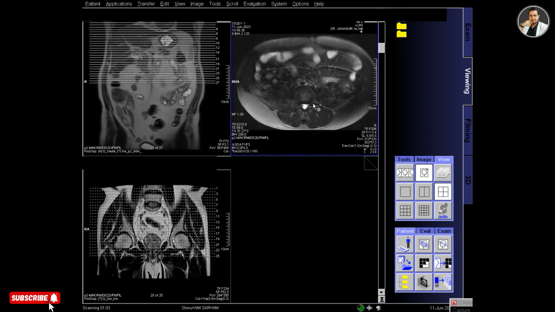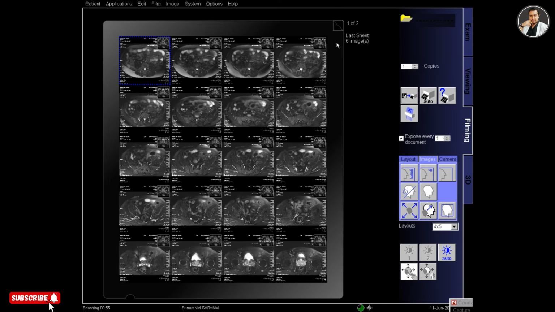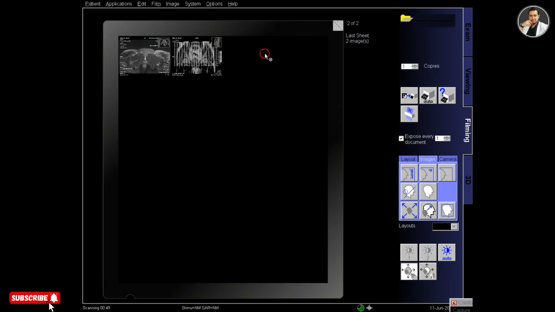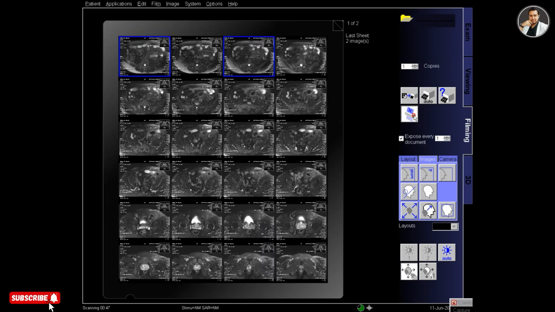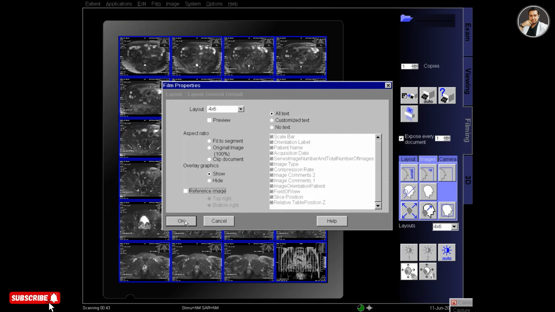And now go to T2 transverse fat set lower abdomen, select series, send it to the filming and also the reference image. Select folder, layout 4:6, delete 2 images because there are extra 2 images at the back, and now there is only one film.